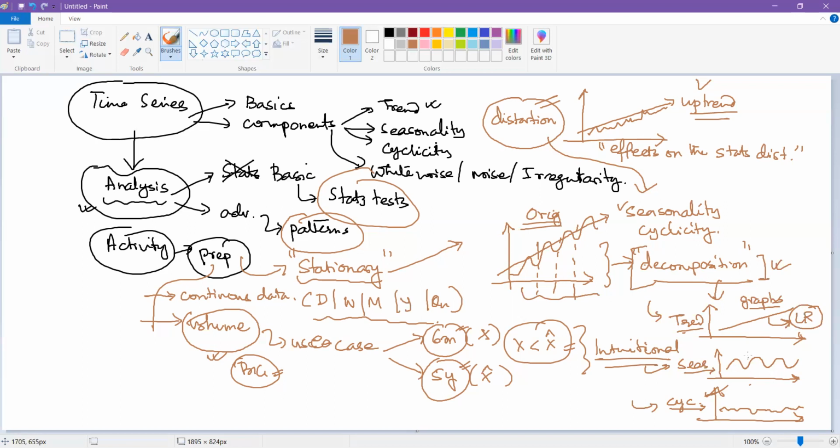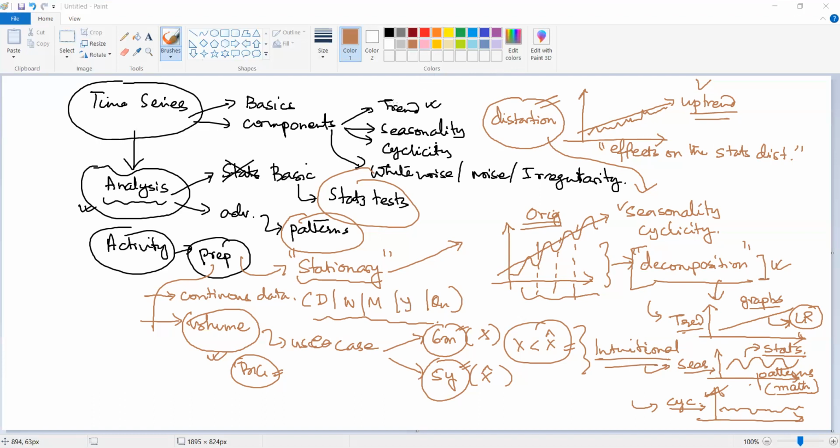If I have seasonality components like this, I'm going to show you what tests they are. I will be able to do statistical tests on them to find out the patterns, right? And the moment I'm able to find out the patterns, which is in mathematical format, okay, I'm not talking about the intuitional patterns like, okay, it is a summer season and hence I have more sales of ice creams and so on. It is fine, which because of our domain knowledge we are able to find. But if I'm not being able to put it into a mathematical format, how am I going to predict it at a later stage, or how am I going to estimate it? So to estimate it, I need a mathematical function, right? I anyways need a mathematical function. Now, how do we get a mathematical function? Is what we are going to do over here, right?